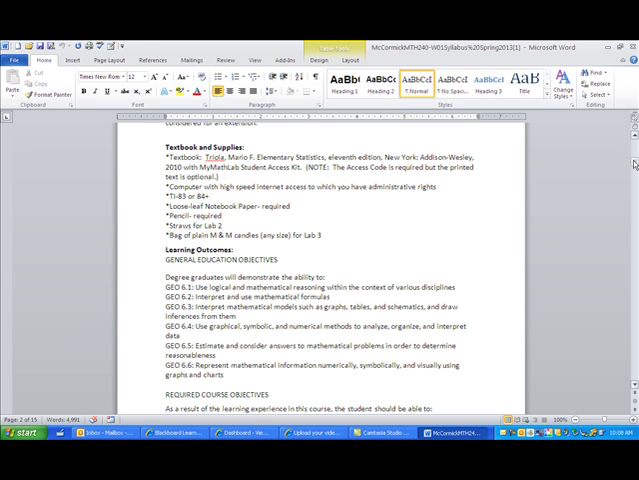You need a computer with high-speed internet access to which you have administrative rights, and the reason for that is you may have to update your plugins and players in order to use MyMathLab. You need a TI 83 or 84 Plus calculator. I do use a lot of calculator exercises, and you'll find they're critical when you go to do your quizzes,